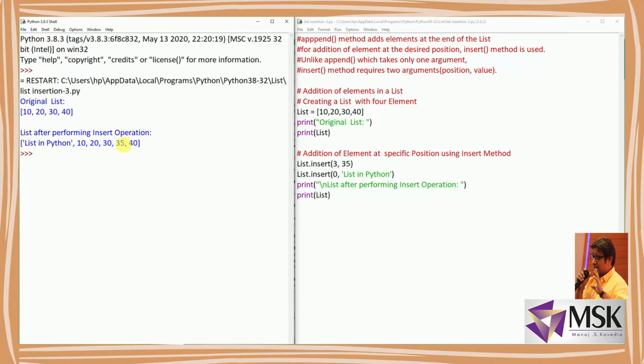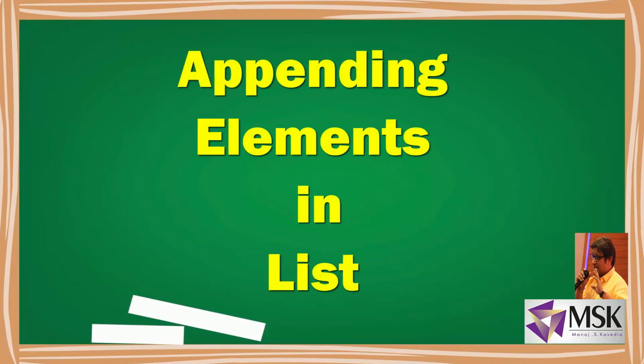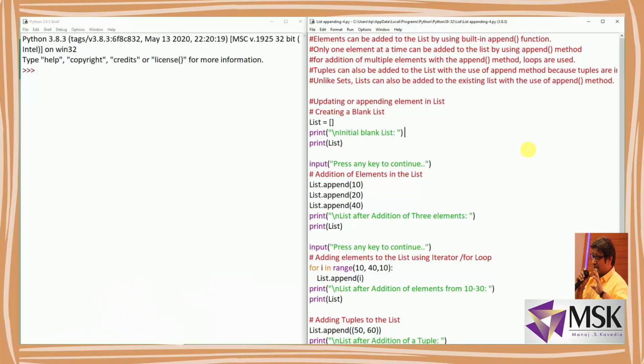And now let's see how to append the data in the list. The difference between inserting and appending is that inserting can be done at any position, whereas appending is done at the end of the list.